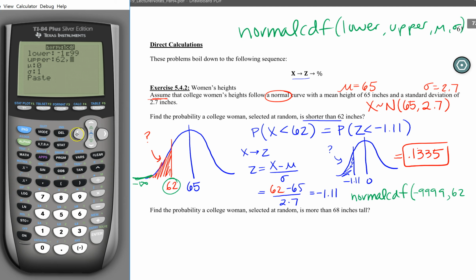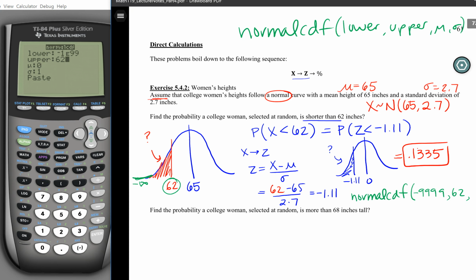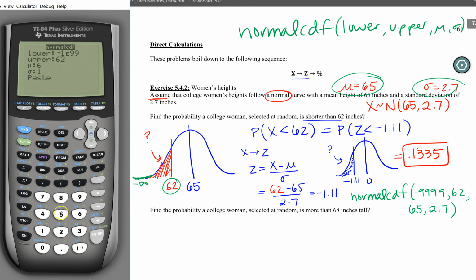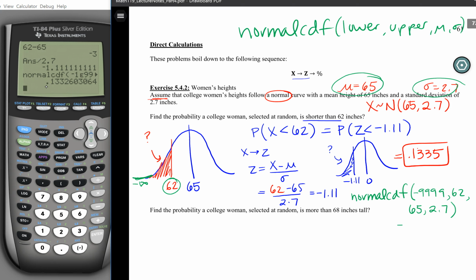I'm so used to not having my stats wizard. And then you need to put in the mean and the standard deviation. So we're going to change it from 0 and 1 because we actually have a mean and a standard deviation here. We're going to put in 65 and 2.7. So even if you don't have the stats wizard, you're just going to add more commas than we used in the last one and put in all of this information in a row. As long as you put it in the same order as this stats wizard, it will work. In fact, that's all it does is it pastes this on my screen just like you would type it in if you were doing this by hand. And if I press enter, there we go, we get out